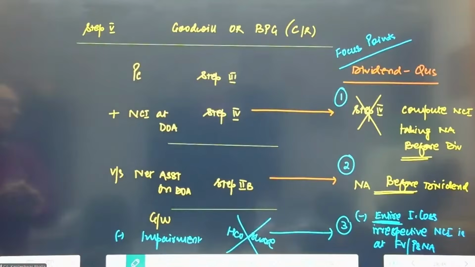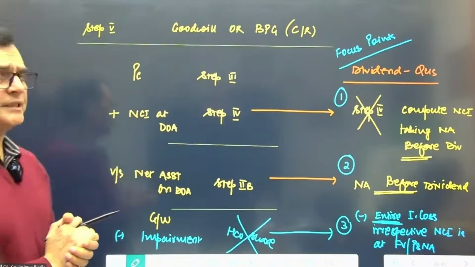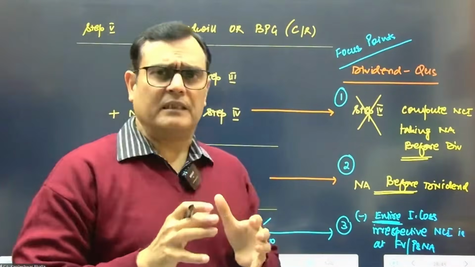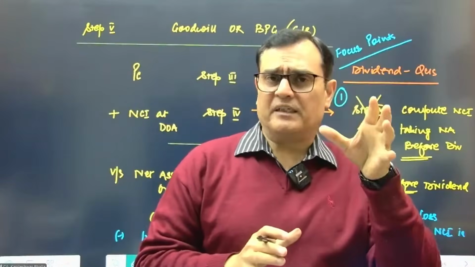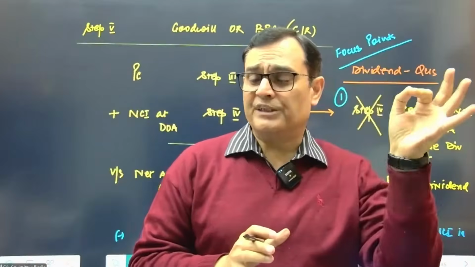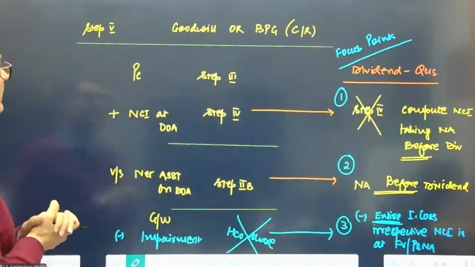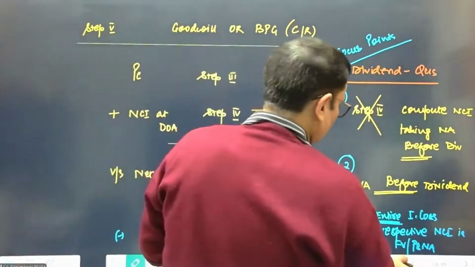So I think this takes care of the step number 5, the 3 focus points. I'm just trying to push in every kind of adjustment we've done, because when you do the step, your focus needs to be clear that this is what you need to do under each and every step. Okay, then comes the most crucial step, number 6. And what is the step number 6?